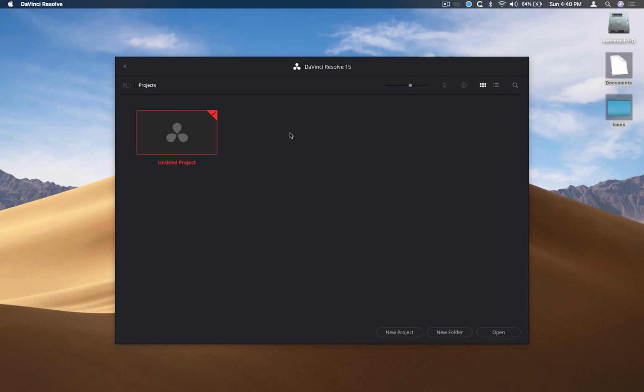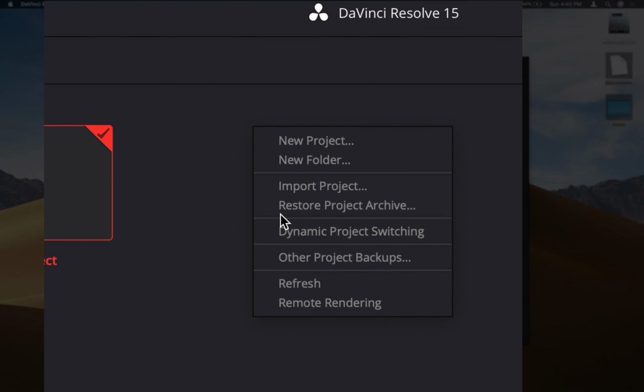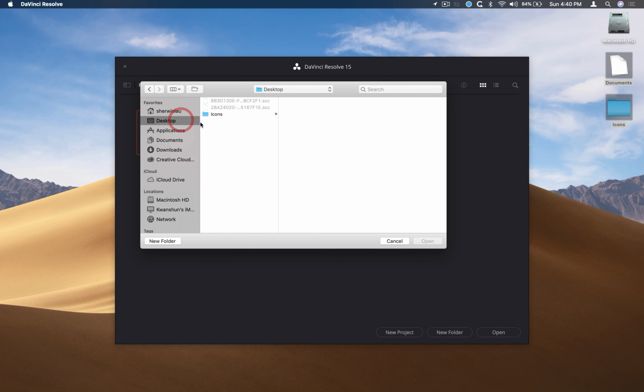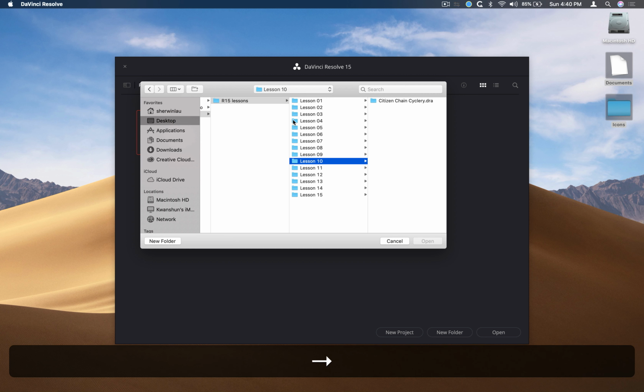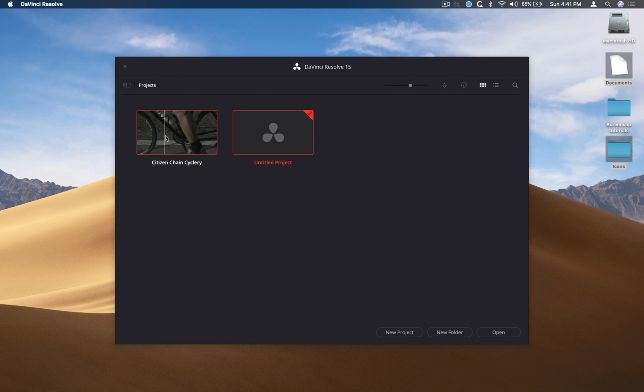media already linked. So let's go into our project manager, and I'm right-clicking and restoring a project archive. Navigate to that archive. Okay, lesson 10. And this archive is called Citizen Chain Cyclery.dra. So DRA stands for the DaVinci Resolve archive. Now open that up, and there it is. So we'll open up that project and